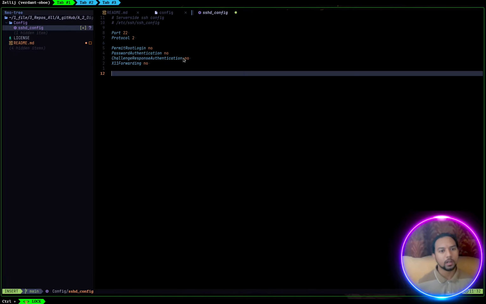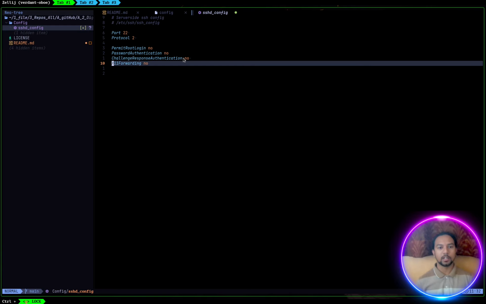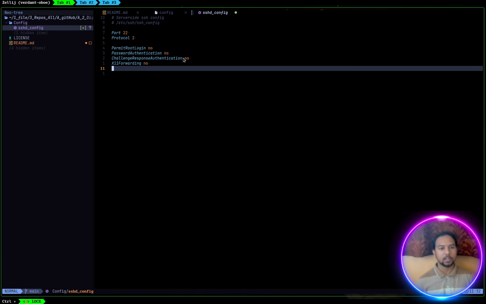So the first one is permit root login. So we are not going to permit root login. Second one is password authentication. We are not going to use that. Then the last thing is X11 forwarding. So adding this reduces the attack surface, and the challenge response authentication is just there for